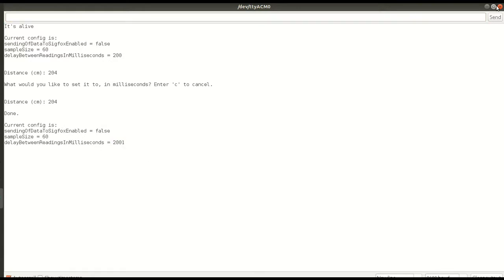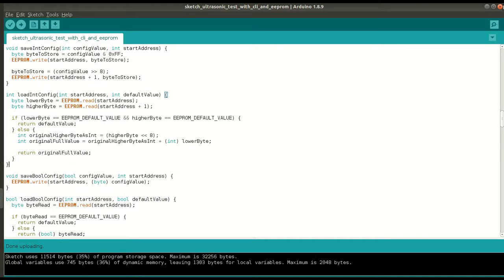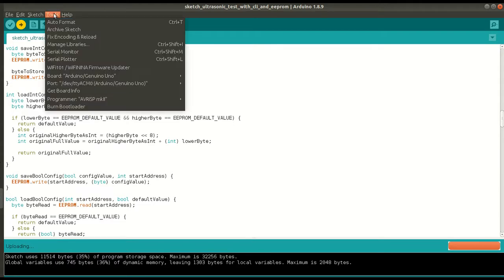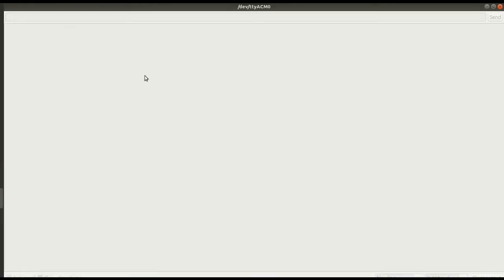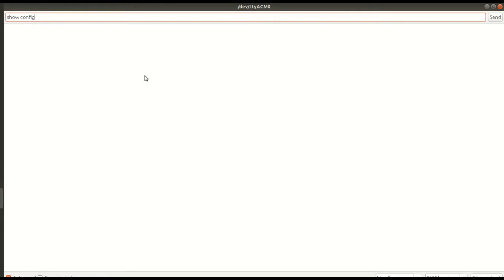Okay, so now I'm going to close this. I'm actually unplugging my Arduino, so it's lost power. I'm going to plug it back in. I can even re-upload the sketch at this point if I want to, but it's not really necessary. If I go back to the serial monitor and I say show config,